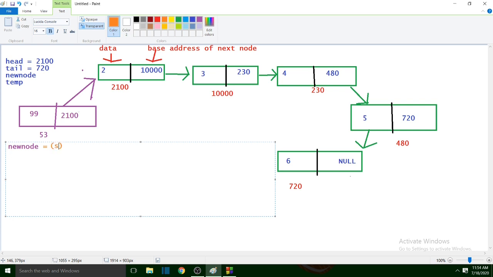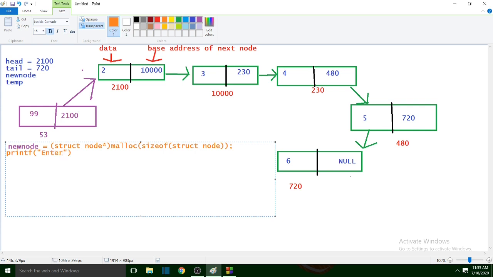Whatever, let's continue. Struct node, right? And the pointer sign, or whatever you want to call it, it's officially called asterisk. Size of struct node, you do that. Get back here. At this point you have created a newly created node, and its base address is stored in new node. Right? So now that you have that, you ask users